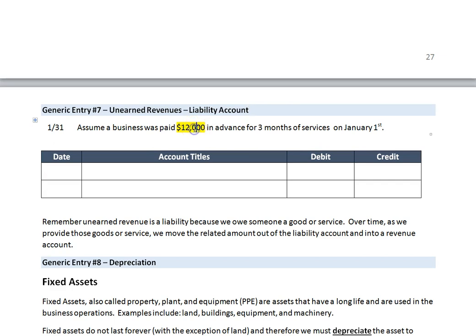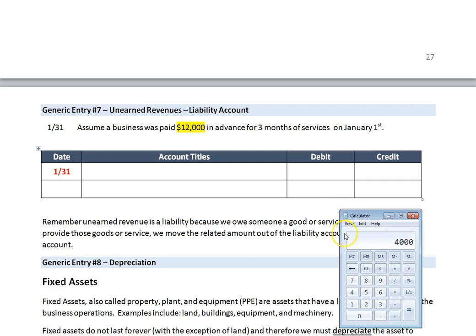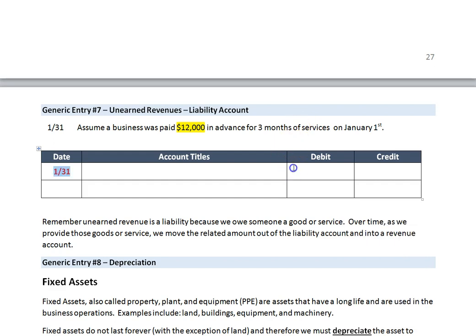So this is the initial transaction. We're not reporting the initial transaction, though. If we did, we would what? Debit cash, credit unearned revenue. This is what you kind of think how they initially record it. But we're not recording the initial entry. We're recording the adjusting entry that occurs at the end of the month. So this is $12,000. We were paid in advance, and they paid us in advance for 3 months of service. So effectively, each month we're going to earn $4,000 of this. And that's what we're going to recognize here,